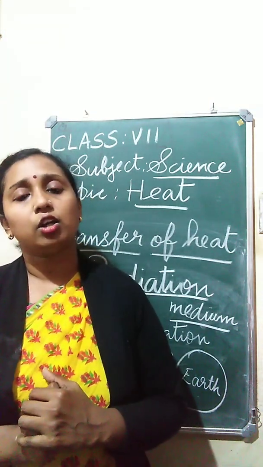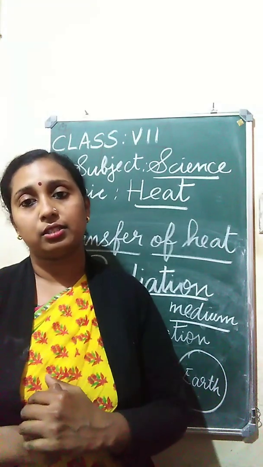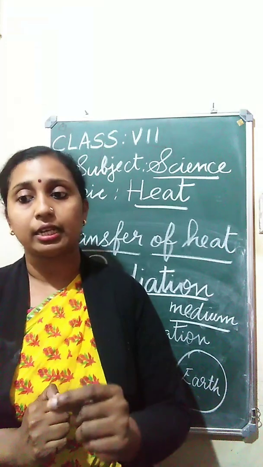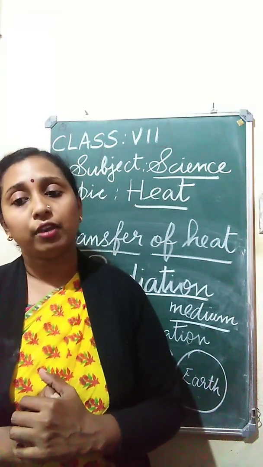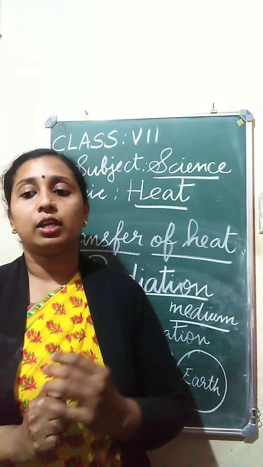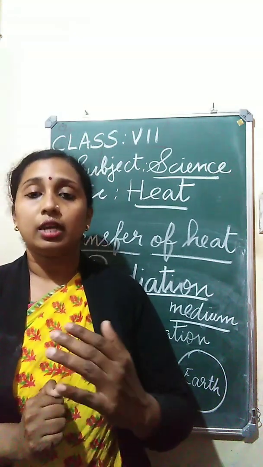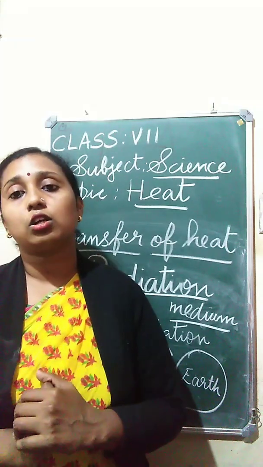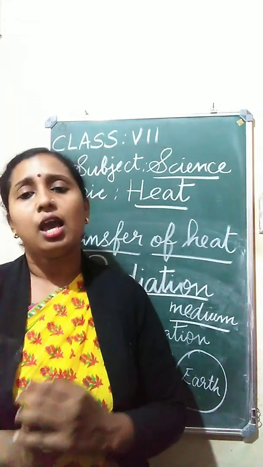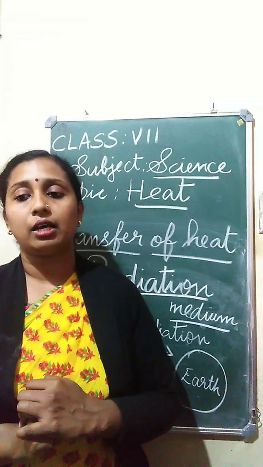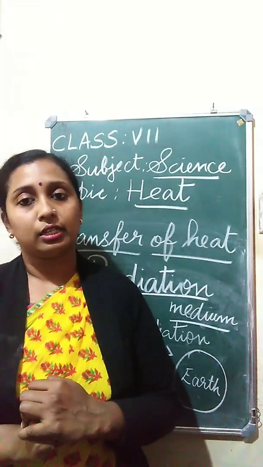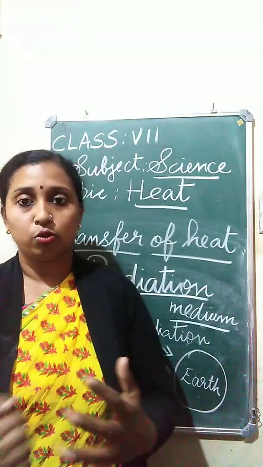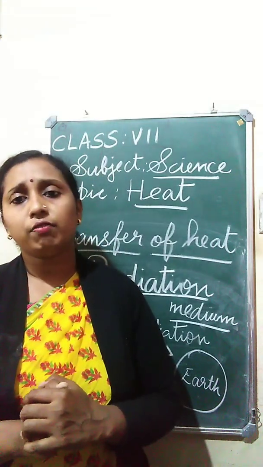And a dark colored object has a capacity to absorb more heat than a light colored object, and this is the reason we feel more comfortable in light colored clothes in summer season. And woolen clothes keep us warm during winter. It is so because wool is a poor conductor of heat. You know that during winter season we wear woolen clothes.